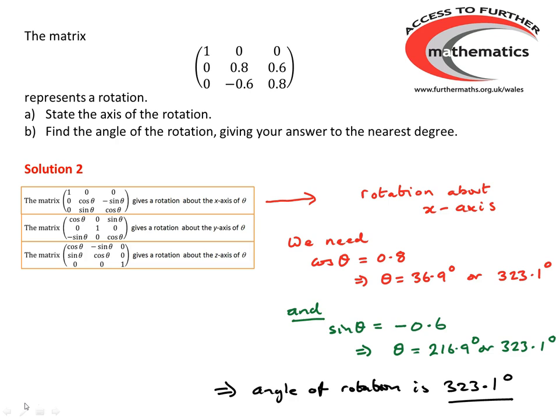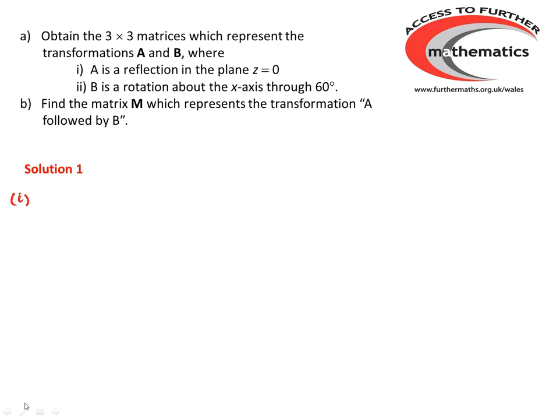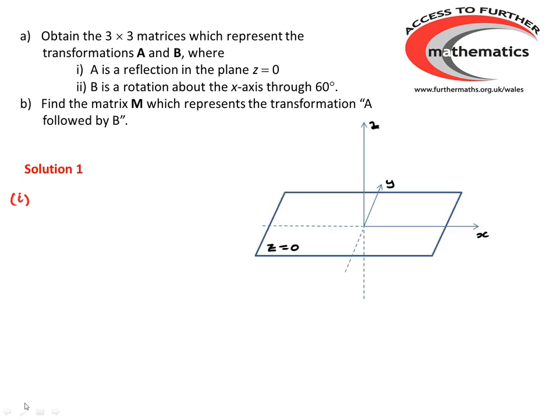Moving on to our second example, we've got to obtain 3x3 matrices which represent the transformations A and B, where first of all A is a reflection in the plane z equals 0 and B is a rotation about the x-axis through 60 degrees. So for our first solution, we'll think again about the points 1, 0, 0, 0, 1, 0, 0, 0, 1. So, a quick sketch showing the plane z equals 0, which is the plane that contains the x-axis and the